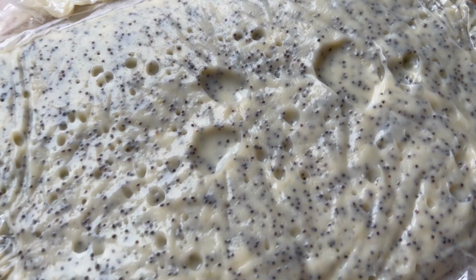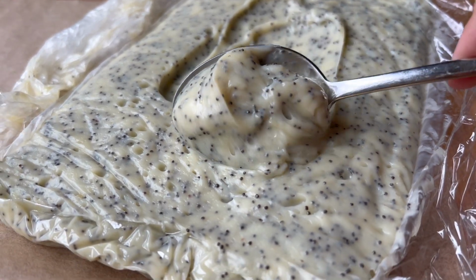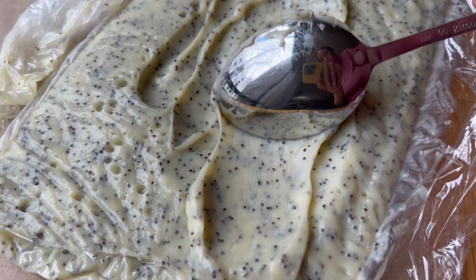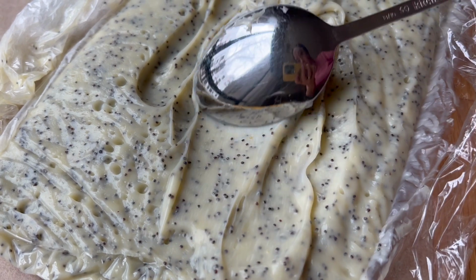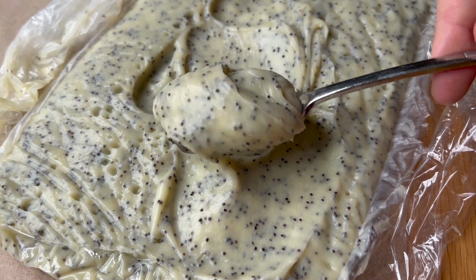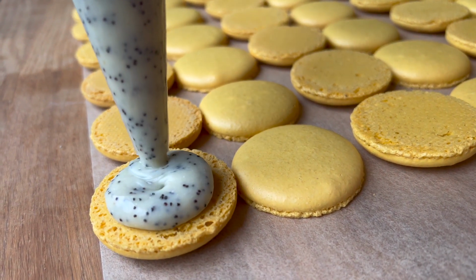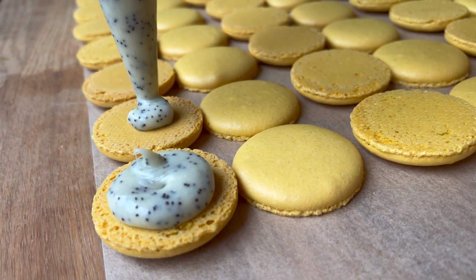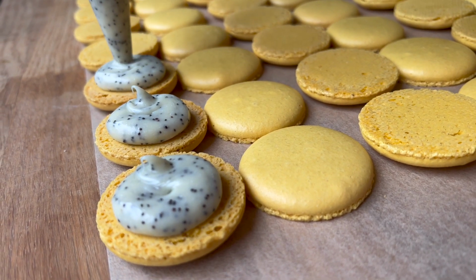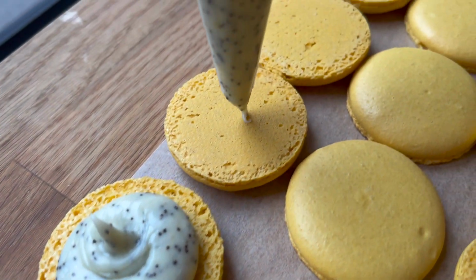If for any reason your lemon poppy seed ganache feels a little bit too loosey-goosey, but it is absolutely room temperature, you can stick it in the refrigerator for about 30 minutes before piping, and this absolutely will firm up like any other ganache. Remember, there's a ton of butter in here as well as chocolate, so with the cool from the refrigerator or freezer, it will absolutely harden and act like a normal ganache recipe, even though it is so silky. Otherwise, I'm just going to get these macaron shells sandwiched up here,